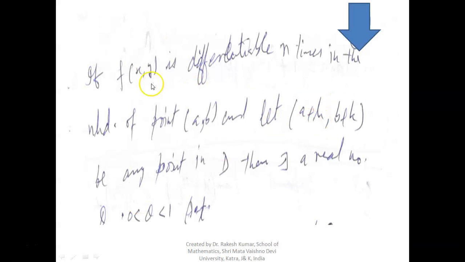Okay, this is the expansion. Now if f(x,y) is differentiable n times in the neighborhood of point (a,b), and let (a+h, b+k) be any point in the domain, then there exists a real number theta such that 0 < theta < 1,